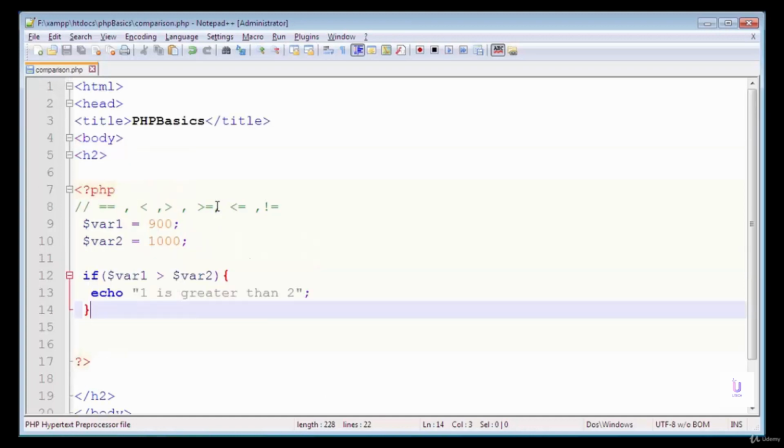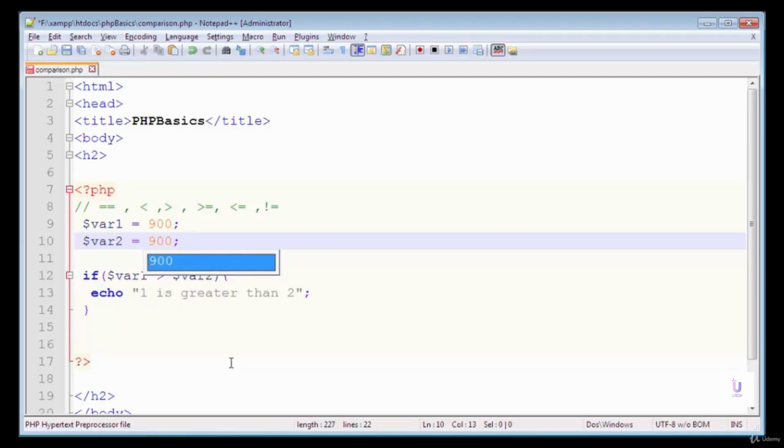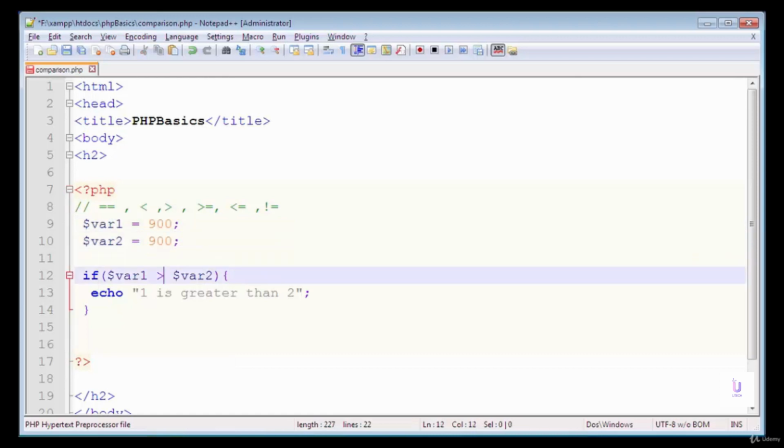Similarly we can use the greater than or equal to and less than or equal to operators. For example, if I write here 900, the values of both variables are 900, and I write that if variable 1 is greater than or equal to variable 2, it will check whether variable 1 is greater than variable 2 or both of these variables are equal.